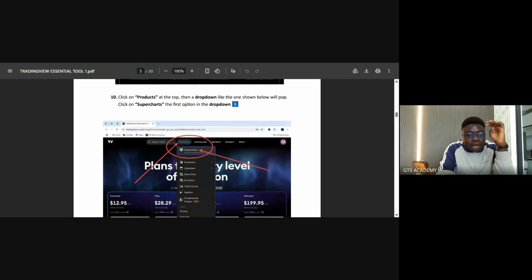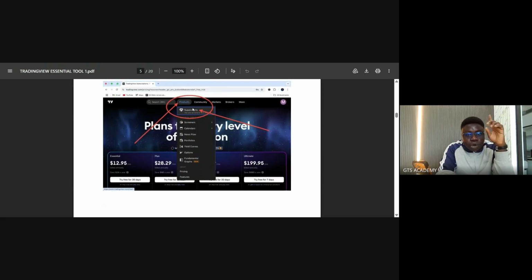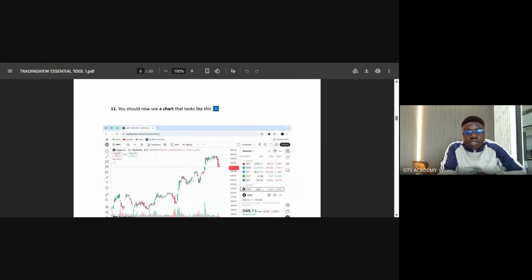Step 6 is I want you to click on products at the top, mid top, as shown with the circle and the 2 red arrows. Click on products. Then after you click on products, which is on the navigation bar, a drop down will appear, and the very first option is Super Charts. I want you to click on Super Charts. After you have clicked on Super Charts, it will open a chart that looks like this,